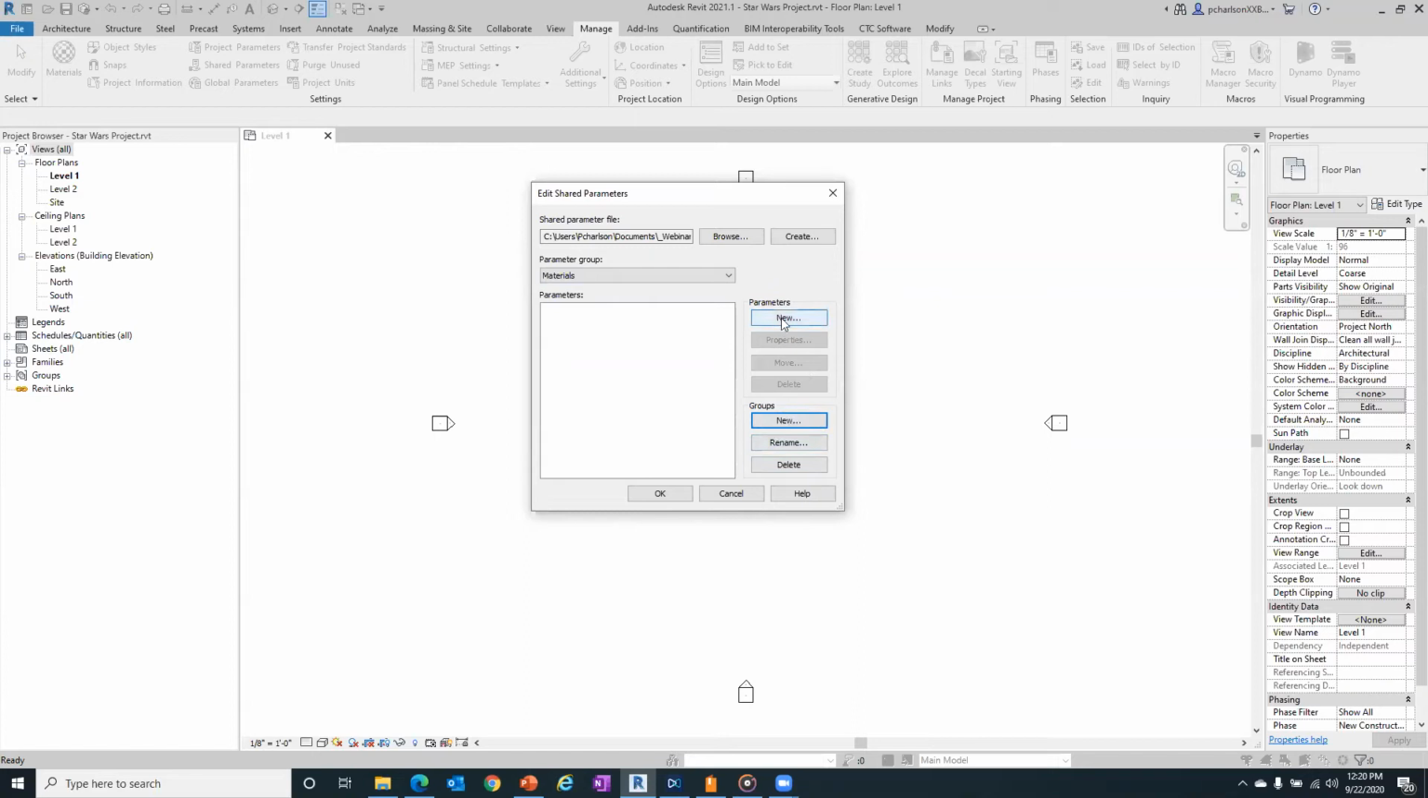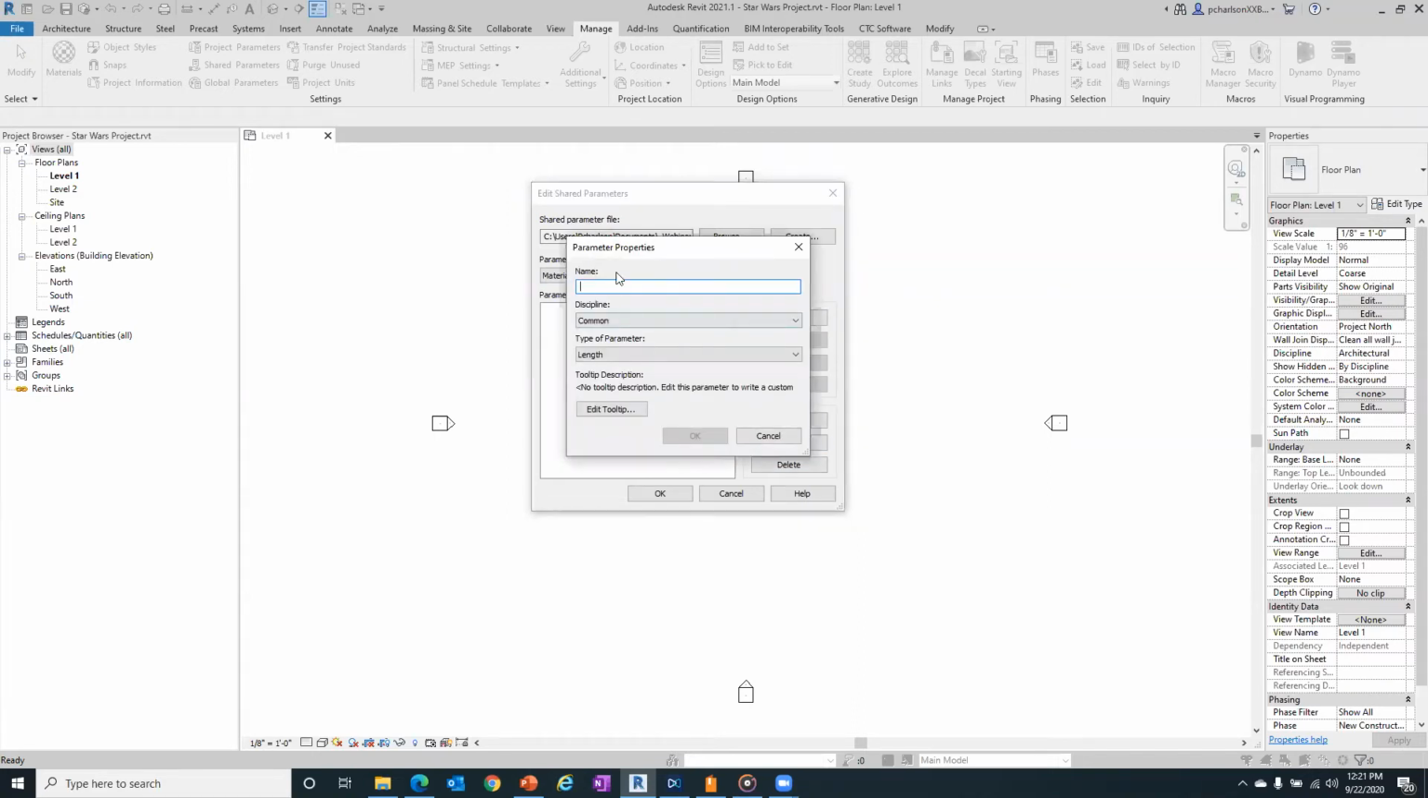But what I want to do here is go in and create a new parameter. And we're going to, again, keep it the Star Wars theme here. So for my parameter property, I'm just going to call this one Material Empire. And when you go in and name this, you have the option to set what discipline you want. So right now I'm just going to make this common, but if you were going into a